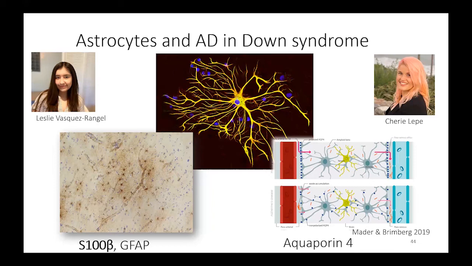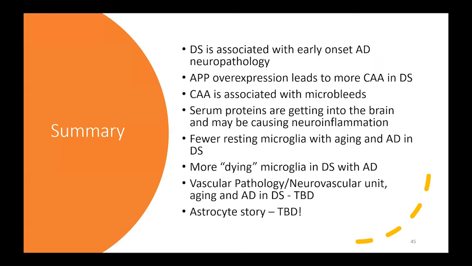Then Shiley Marcos is another graduate student in the lab, and Shiley has landed on a protein, aquaporin 4, which is really fascinating. Aquaporin 4 links the flow of fluids from the vasculature into the brain. There's some work suggesting this protein receptor is mislocalized in Alzheimer's disease, and we have no idea if the same thing is happening in Down syndrome. So she's going to be hitting up the super resolution folks here to get a handle on that. I'm really excited about both of their projects, and they've done a lot of work to figure this out on their own. So let's pull this all together, and then I'll finish up with a little bit about ABCDS and give time for questions.